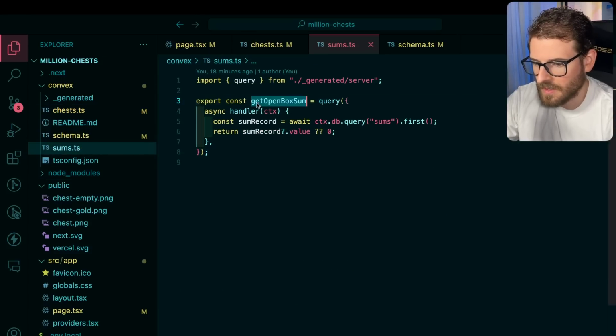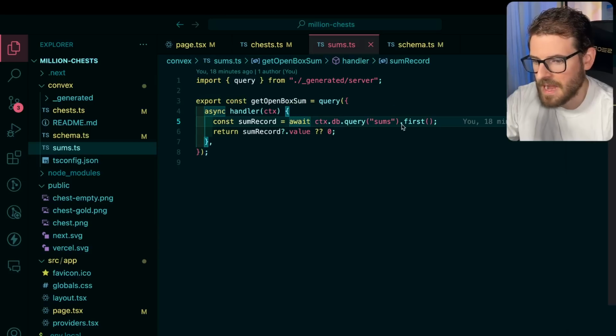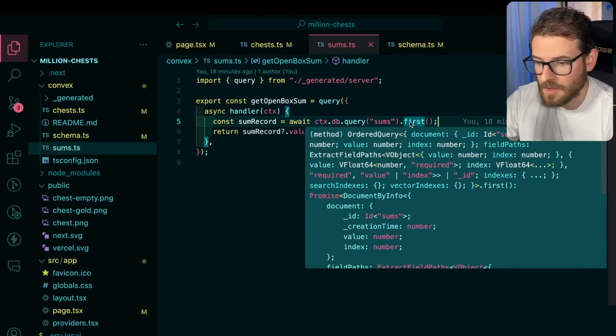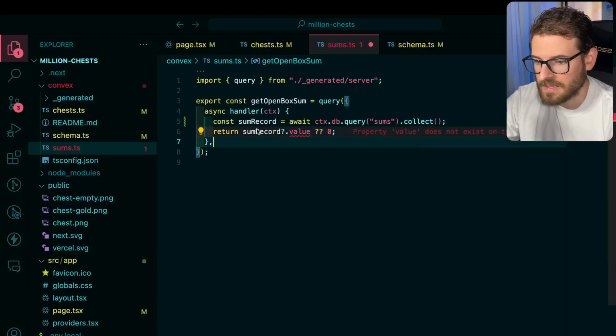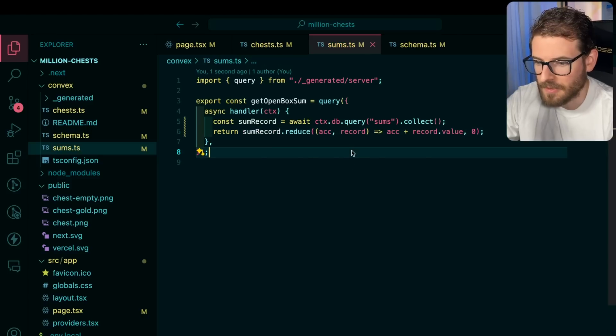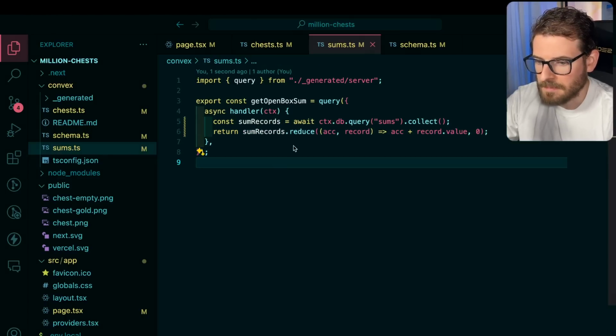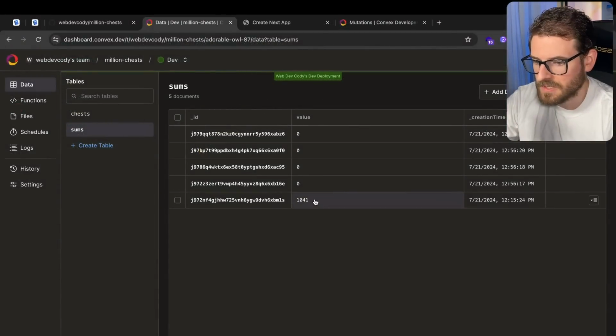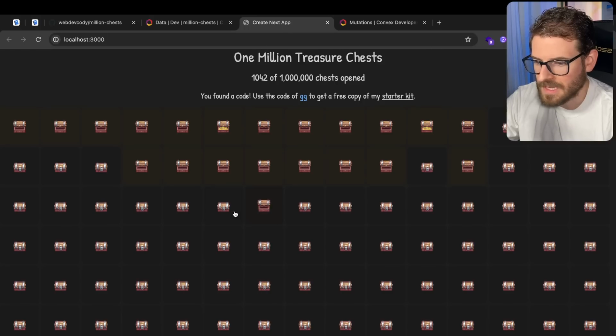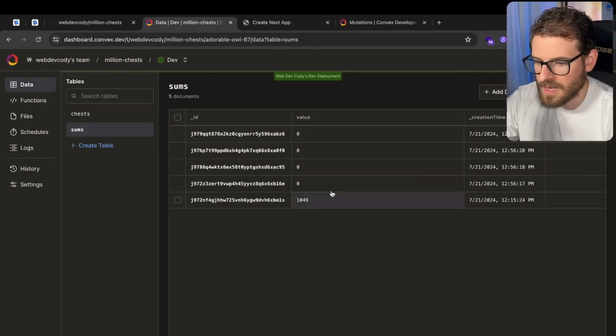And so get open box sum. Right now, this is doing a first, but really we need to get everything. So let's just collect everything. And then I think we could probably do some type of reduce on it to sum them all together. Okay. So we'll say sum records and we'll reduce that. So let's make sure this still says 1041, go over here. And as I click on different things, we should see that it picked random indexes to